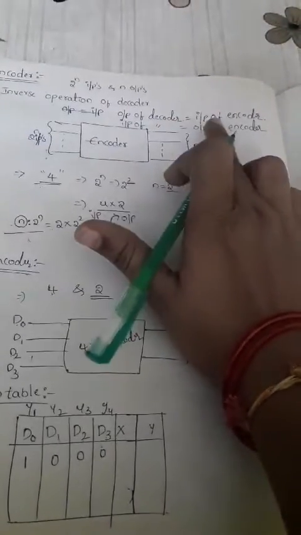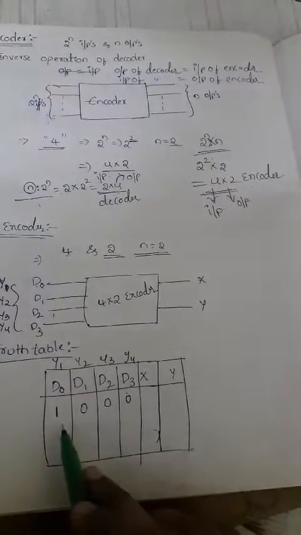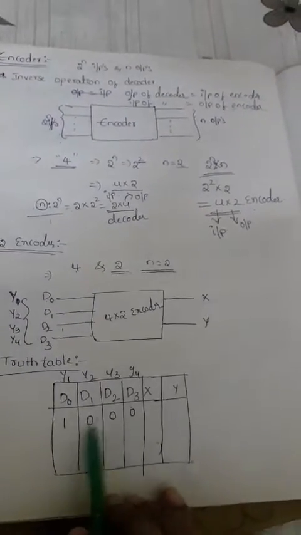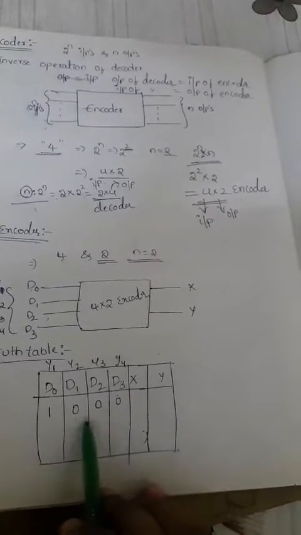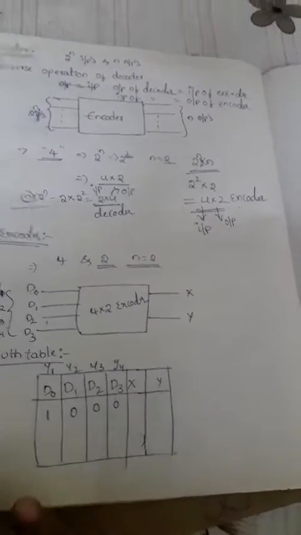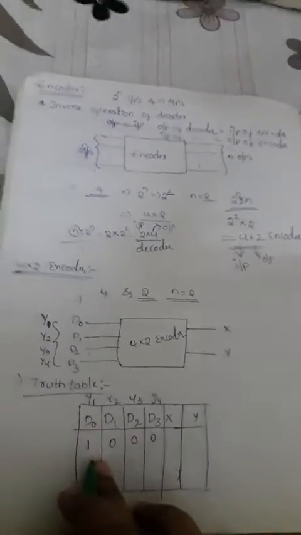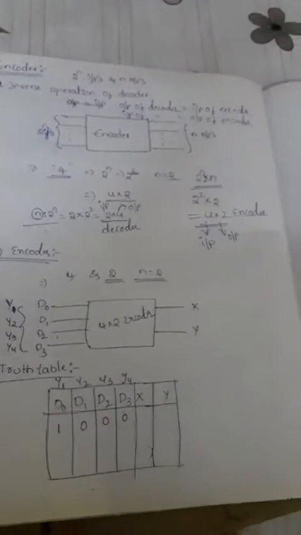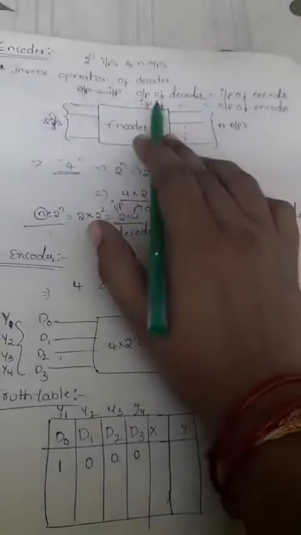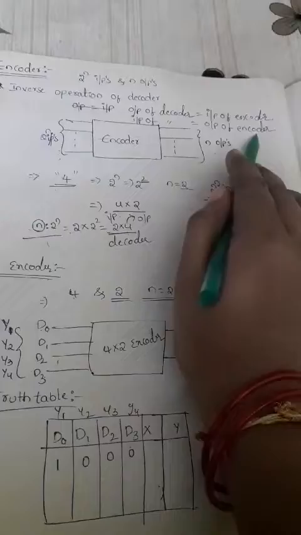Okay, so that means here I am choosing the output of the decoder to be equal to the input of the encoder. That's what I am saying here. So the output of the decoder is 1000 for this, but I am writing that value as equal to the input of the encoder. Is it right? So now the second thing is, the input of the decoder is equal to the output of the encoder.